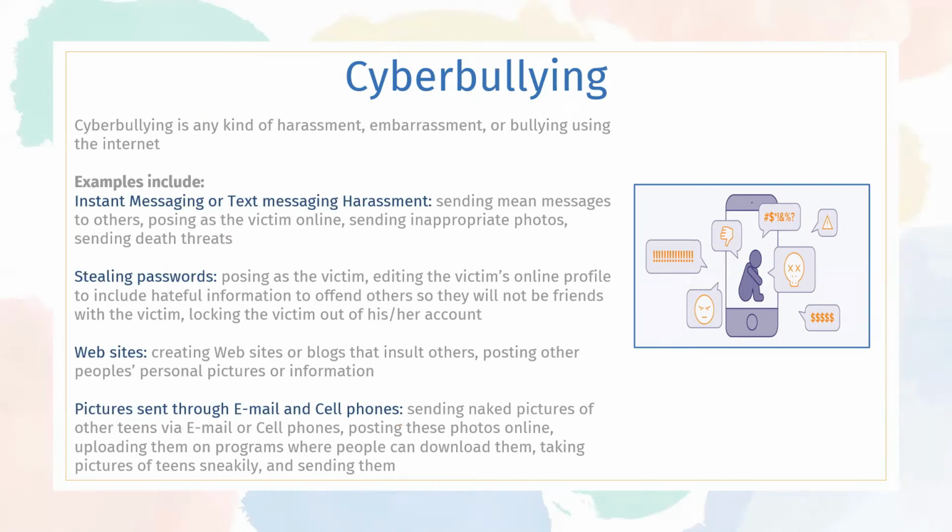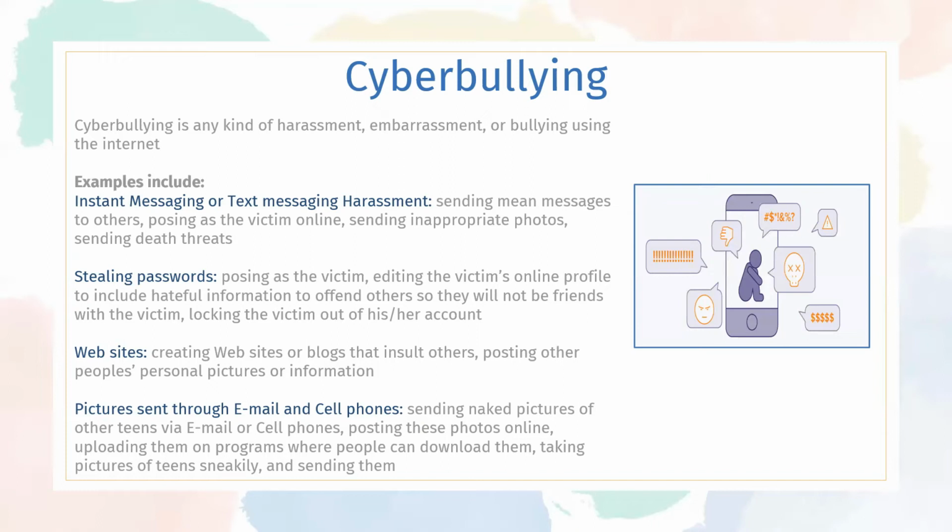It can either be done directly or indirectly. Examples include instant messaging or text messaging harassment. So, this would be sending mean messages to others, posing as the victim online, sending inappropriate photos or death threats, stealing passwords, and this would include behavior such as posing as the victim, editing the victim's online profile to include hateful information to offend others so they will not be friends with the victim,